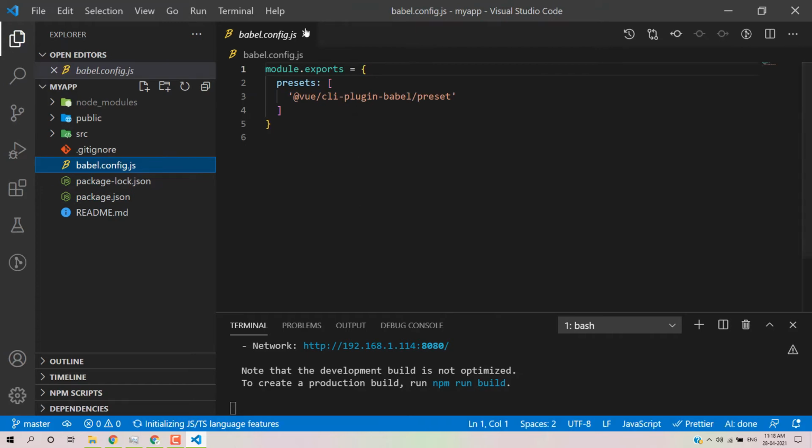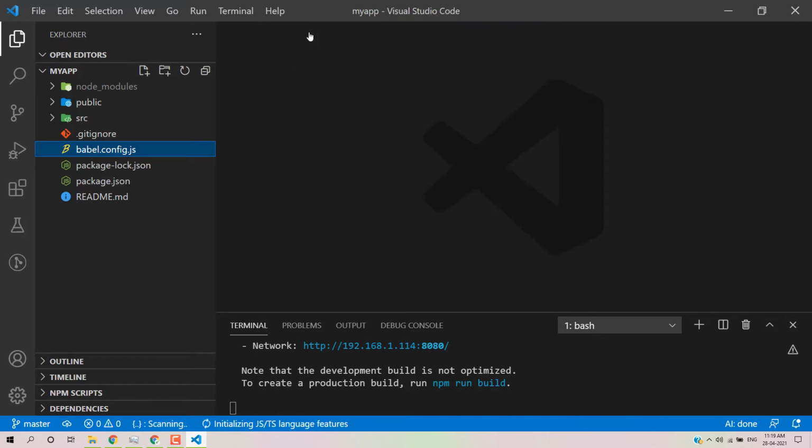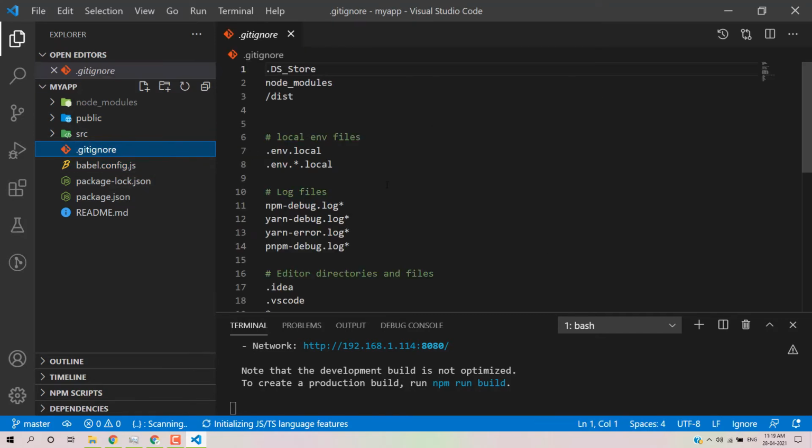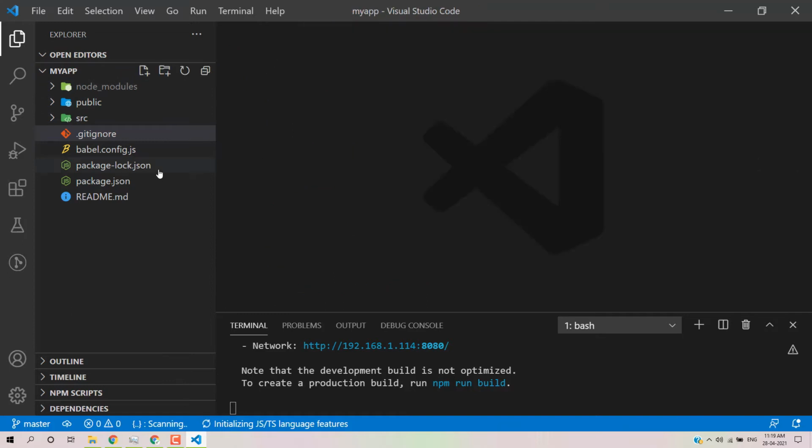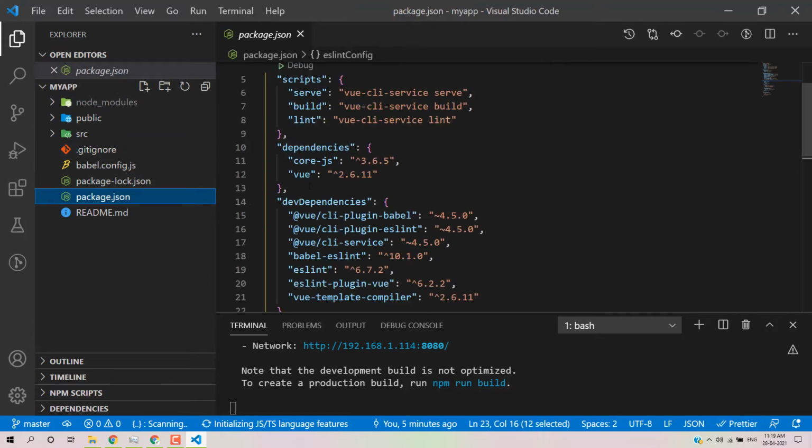Whenever you are uploading this code into a GitHub repository, you can mention file names here and they will be ignored. Right now we have mentioned node_modules, so node_modules will not be uploaded into the GitHub repository. Then we have the node_modules folder. As I mentioned, in package.json we have dependencies and devDependencies, so we have to install these JavaScript dependency files. Your dependency files will be installed in this particular folder. Again, we don't need to work on this folder.